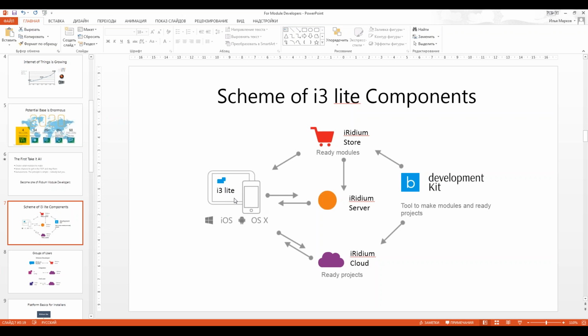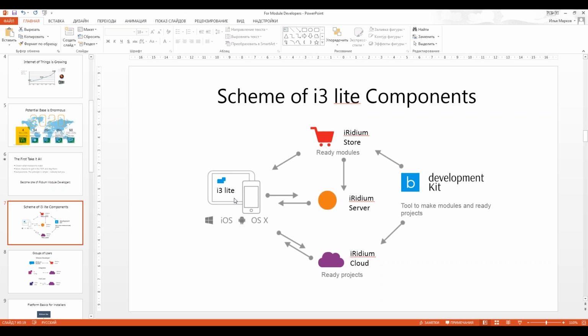So it is a very simple thing. The integrator can buy an iRidium server and put it in the home of his end user, and in that way, iRelight can create the specific server project from the i3config project and send it to iRidium server.